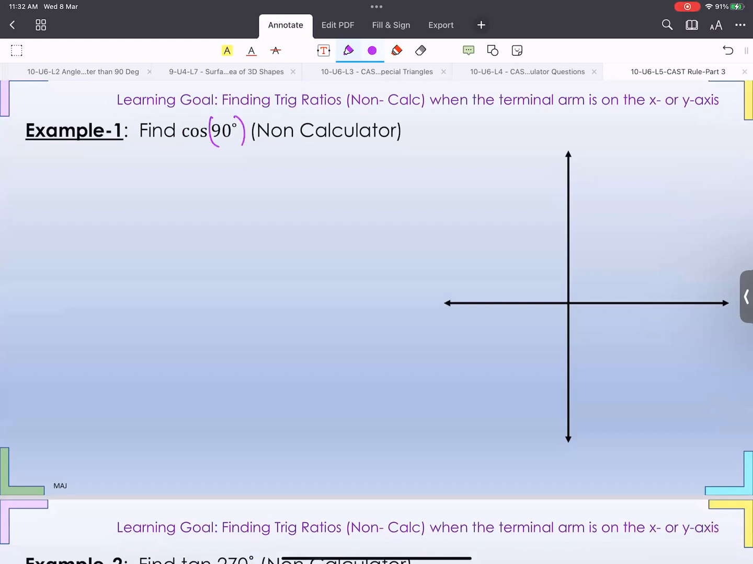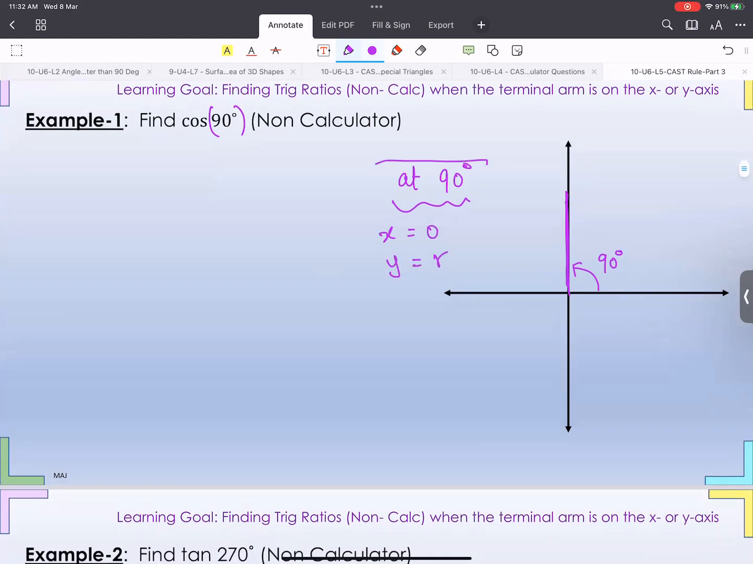So for the very first question, we want to find cos of 90 degrees, right? So where is 90 degrees? It's right here. So that is 90 degrees, okay? At 90 degrees, what happens to X? X is 0, Y is equal to R,